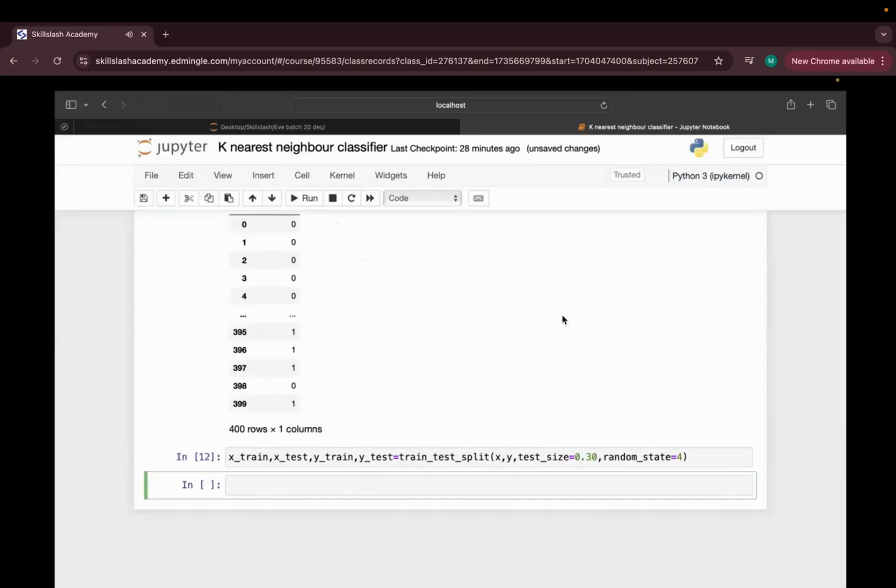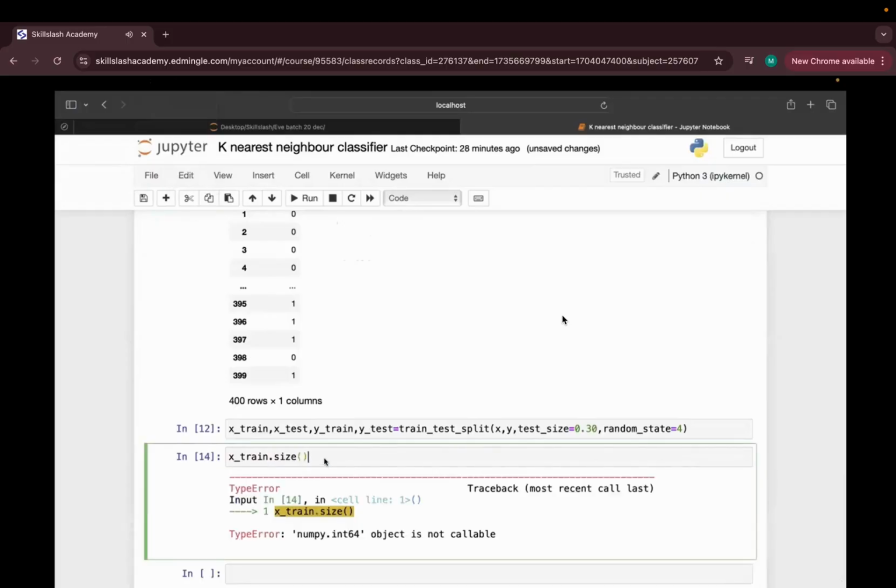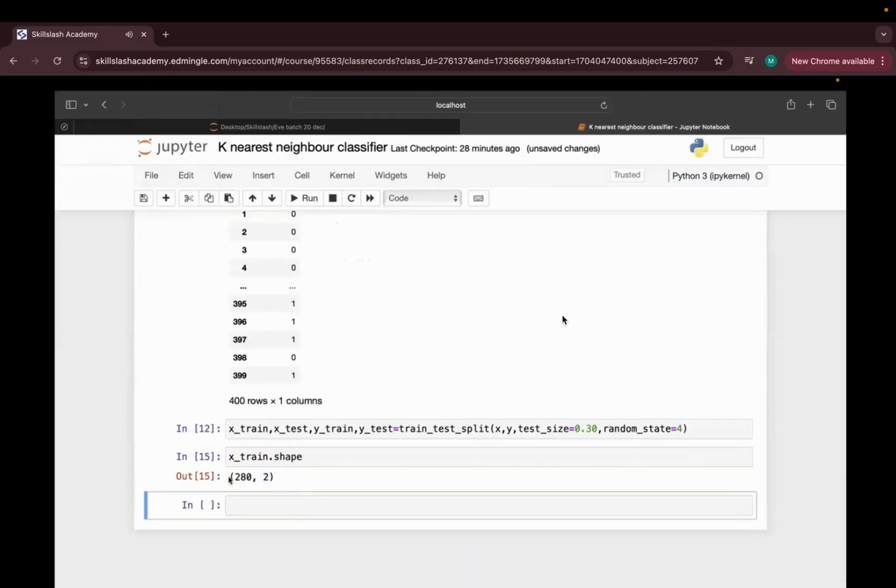Okay. Now, guys, if you want to check the size of X train, you can see we are having 5. That should be shape, my bad. Okay. 280, 2. What all number of rows we are having? 400. Okay.